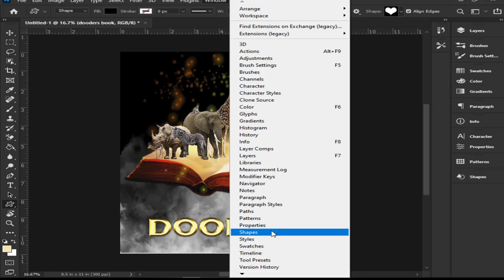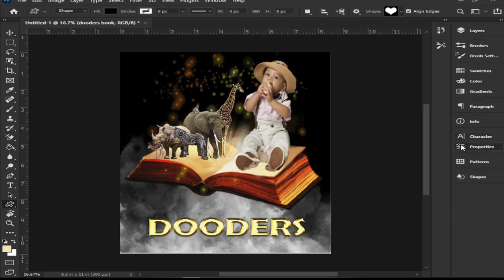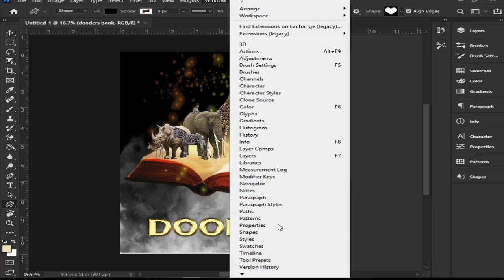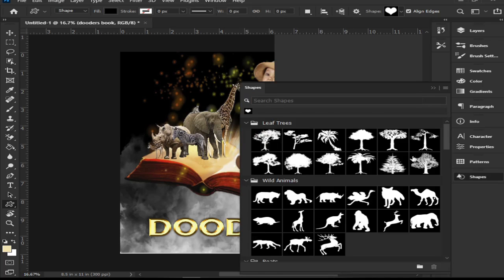If you don't see Shapes over here on the side, whether your screen looks like this right now or like this, if you don't see shapes anywhere in these little brackets, see mine is right here. If you don't see it, don't worry about it. Just press Window, press Shapes, and you'll see a box